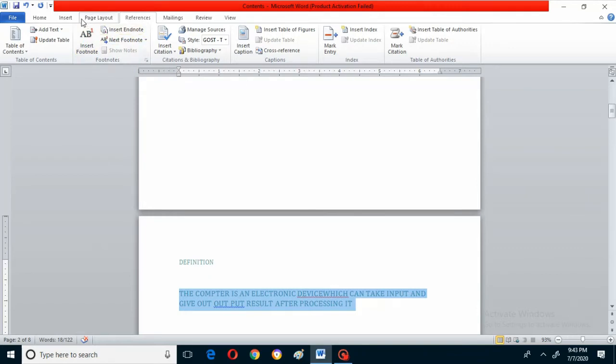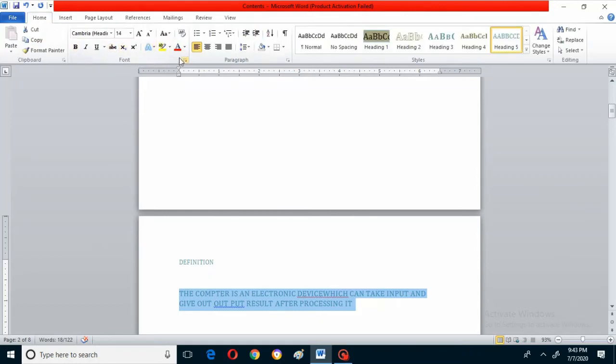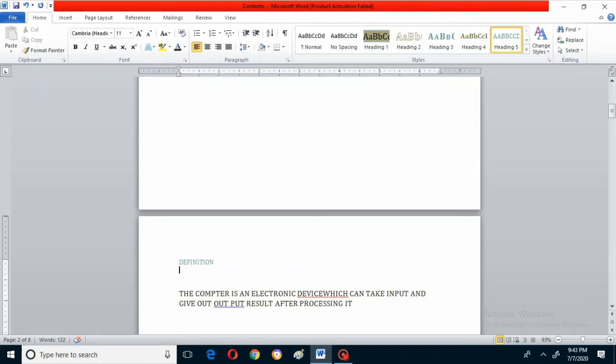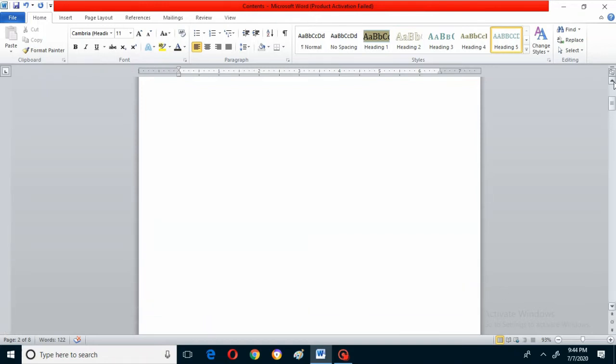Now let me change the color so that you will find the difference between heading and paragraph. This is just a paragraph, two sentences I have written, and this definition is the heading. Actually, the first page you should always keep blank, so that if you want to add anything later, it is available.